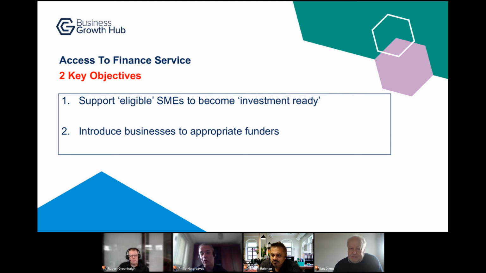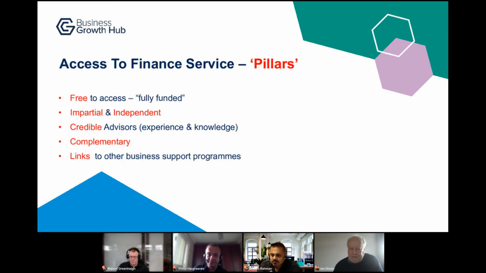And another core part of what we do in the access to finance service is introduce businesses to appropriate funders, so the right funder at the right time for the right business. And I guess there are five key pillars to the access to finance service. One is, as we like to say in the public sector world, it's fully funded, which means it's free to access at the point at which we deliver support to SME businesses across Greater Manchester and in fact across